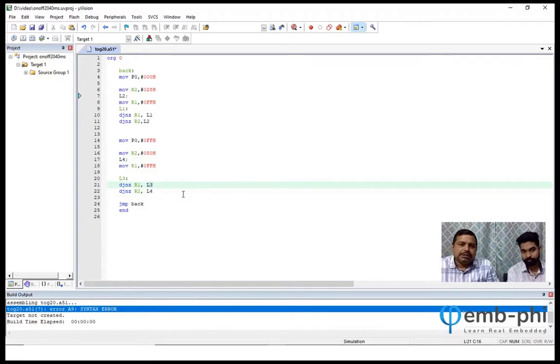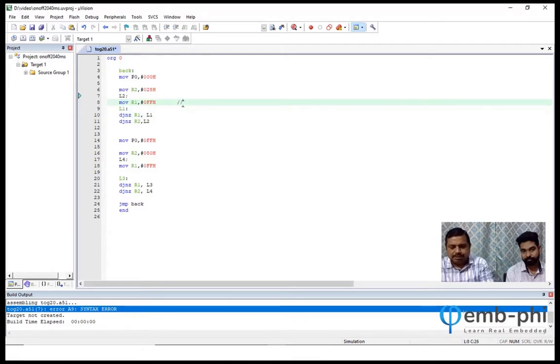I'll explain again. See what I did. This is port high, so no problem with that. Earlier I wrote this loop and that gave me approximately 550 microsecond. Since I want 20 milliseconds, 550 into maybe 40 will give me approximately 20 milliseconds.